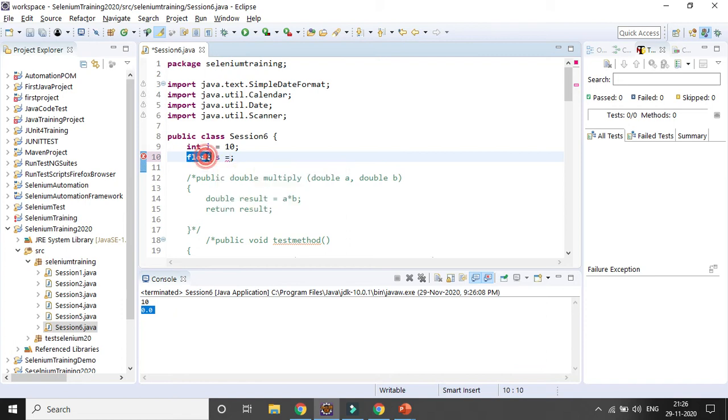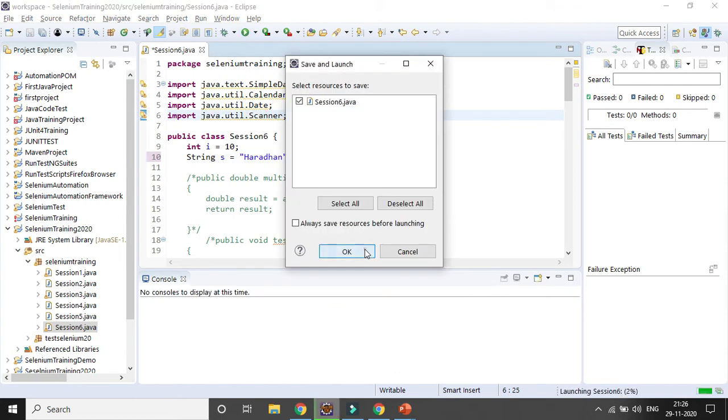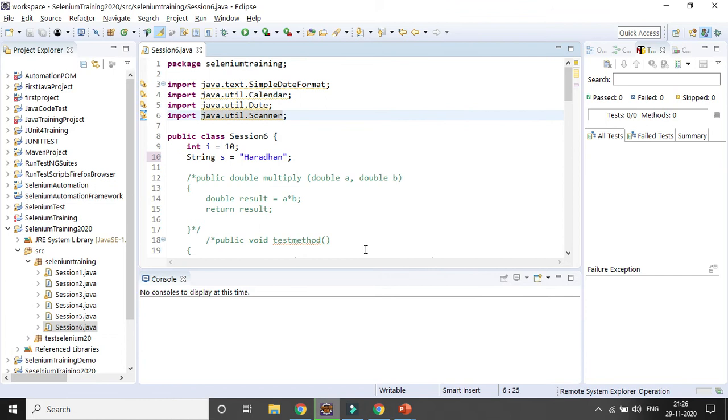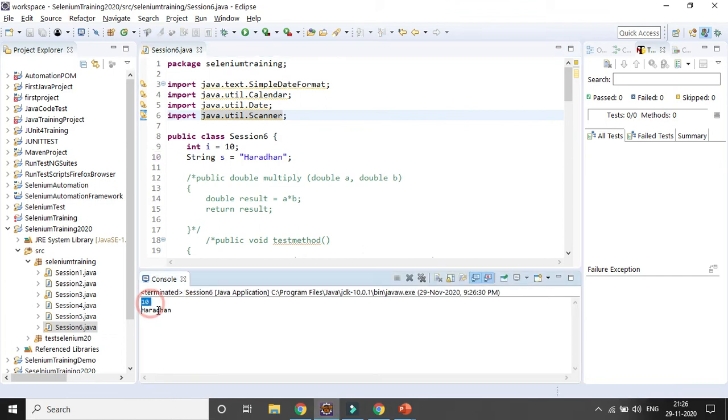And in case you are assigning some value, it will be based on the assigned value. Suppose you change it to string again, and I define some value, suppose my name. Now if you print it out, it will give you the correct output. Otherwise, based on the constructor, it will give you the default value of the data type.